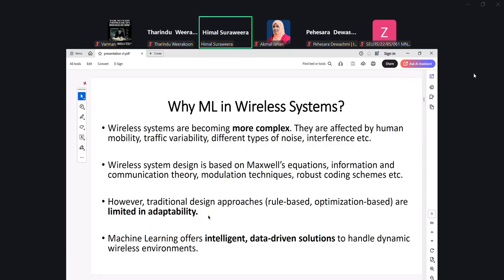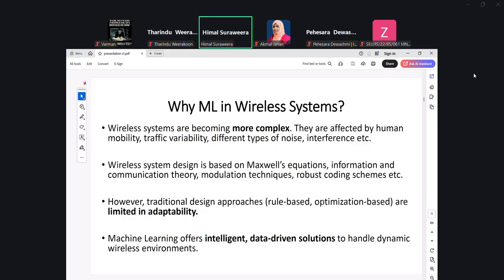As I mentioned in the third dot point, traditional design approaches, which are rule-based as well as optimization-based, show limited adaptability. On the other hand, machine learning offers intelligent data-driven solutions to handle these dynamic wireless environments. That is why the application of machine learning for wireless system design has come to the forefront.